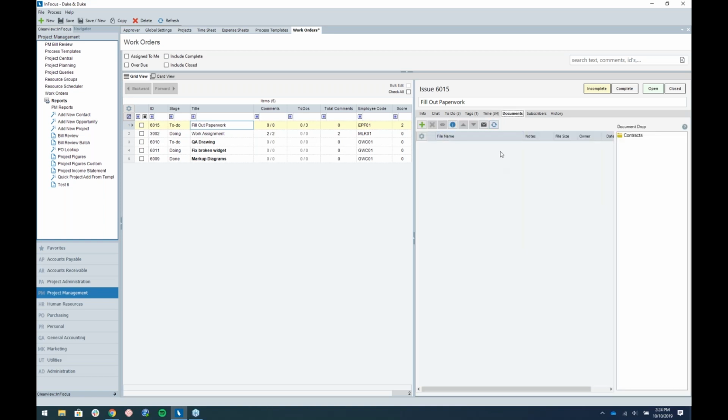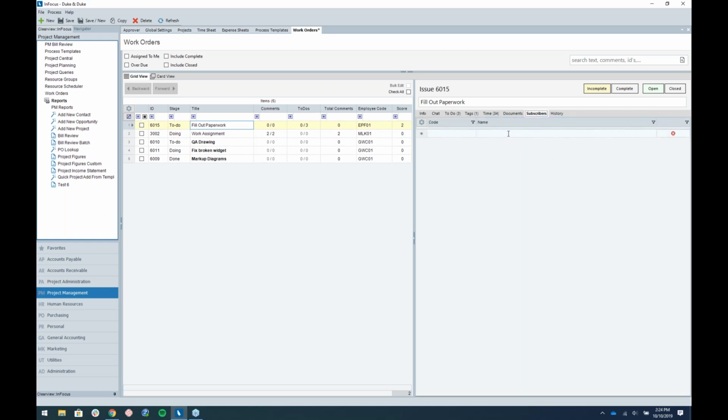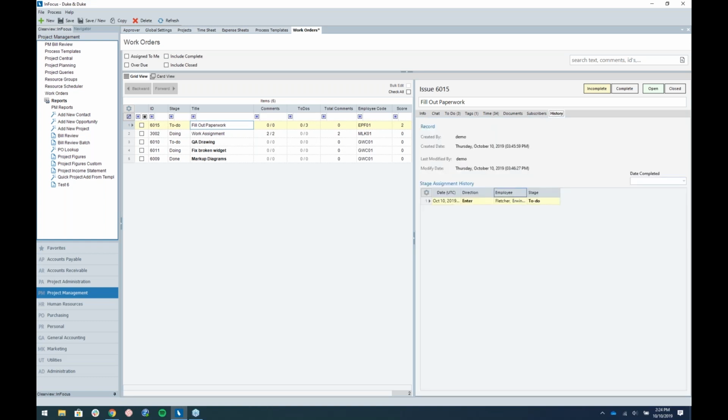We've also opened up documents to this, so you could have documents associated with a specific work order. And then you can have subscribers, which might be people who aren't in the team but might want to be part of the conversation. So we added that tab. And then our little history tab that will give you a little description of all of these work orders as they pass through stages, which is another part of processes, which I'm going to talk about in just a moment. But before I go to the processes piece of this,